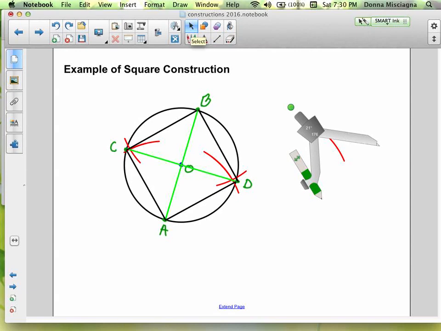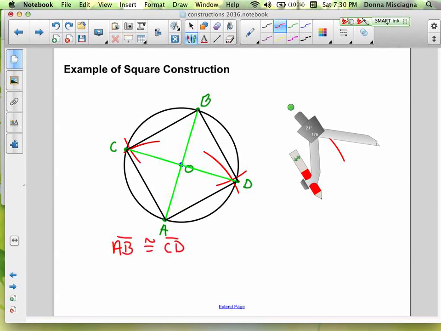All right, so we're guaranteed that this is a square. Just tilt it a little bit, and that doesn't matter because we know that our diagonals are perpendicular. So segment AB is congruent to segment CD, and segment AB is perpendicular to segment CD. Therefore, this is the symbol for therefore, ABCD is a